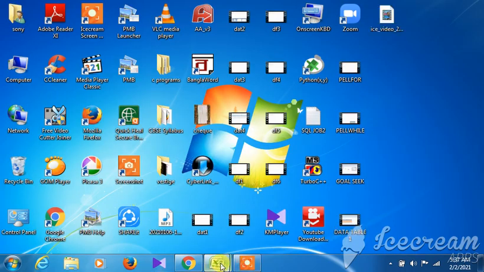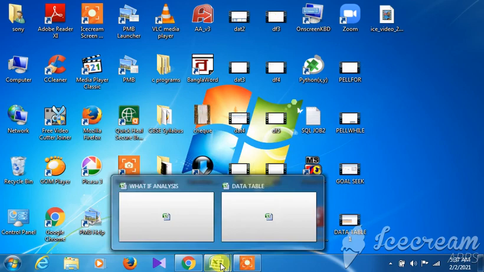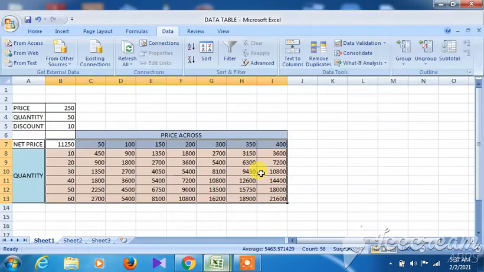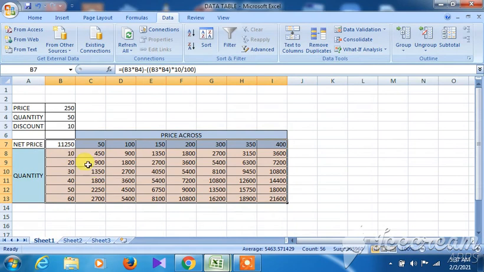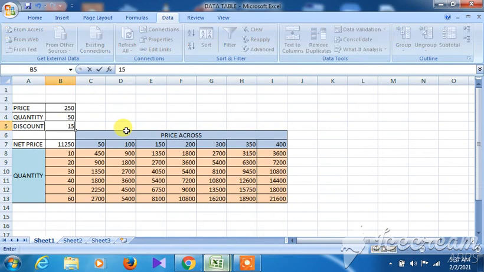So students, you have seen how the data table is to be calculated. So this is a consolidated picture of this one. Say for example, if you are increasing the discount, say you are making it 15%, the data table also will change. So for a 15% discount, you have to give 15% here. So the formula you are changing out here, I'm changing out here to 15%. All right, so the data table also will change.